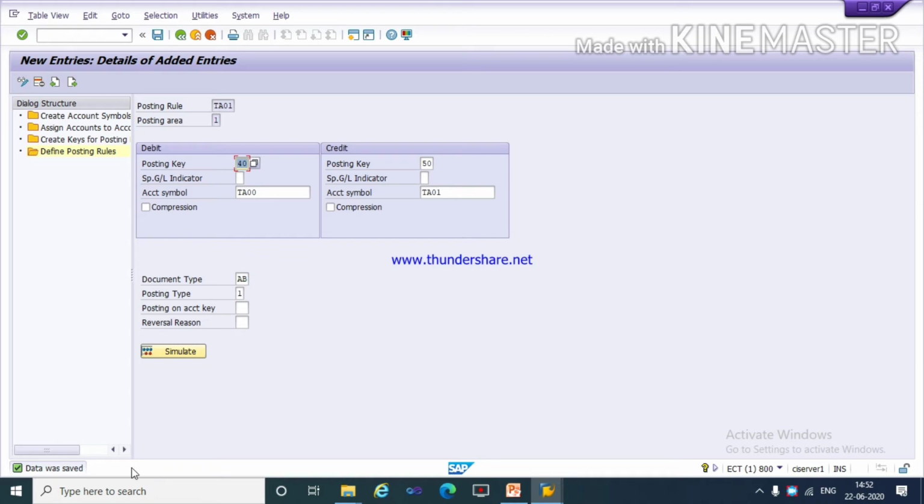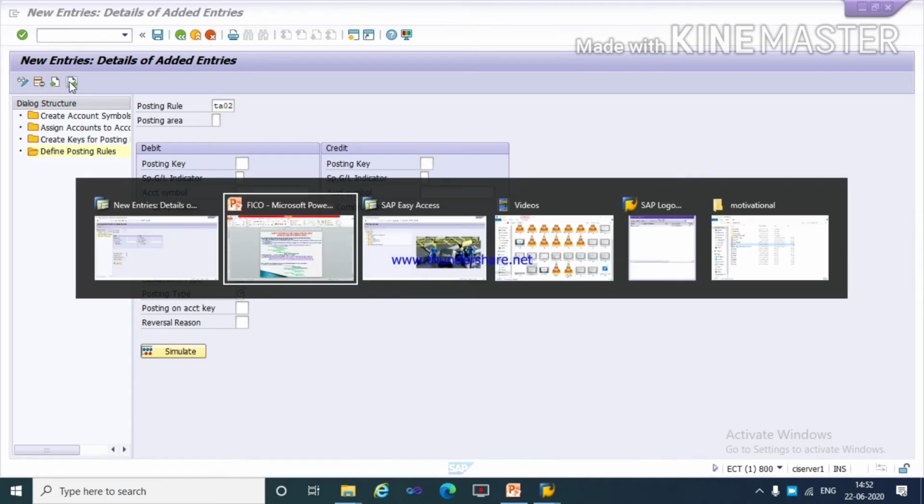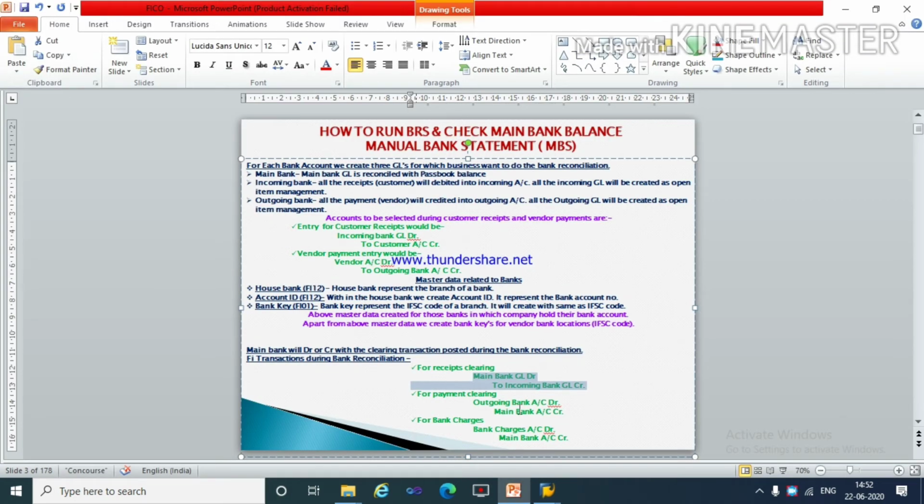Data was saved. In the same manner we will create the next entry, which is for TA02 for outgoing payment. Again go back to the presentation and concentrate on this entry, which is for payment clearing. Here listen very carefully. For a payment clearing, outgoing bank is debit and main bank is credit. So this entry we will define in a